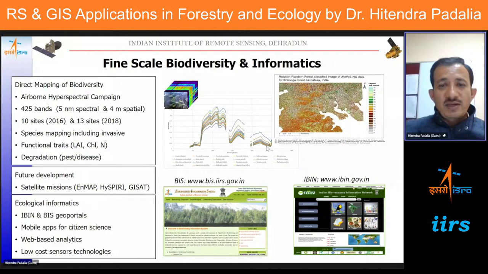And then, in biodiversity another important area is bioinformatics, and bioinformatics is particularly useful because when you do a project on biodiversity, you collect a lot of data and you generate a lot of outputs which need to be disseminated to the user departments, those who are managing the biodiversity. So for that, some portal development is also being taken up, like the Biodiversity Information System and the Indian Bioresource Information Network. These are portals which contain a lot of useful information, both spatial and non-spatial, on different aspects of biodiversity, plants and animal biodiversity.